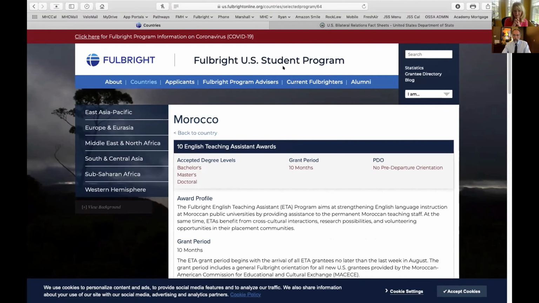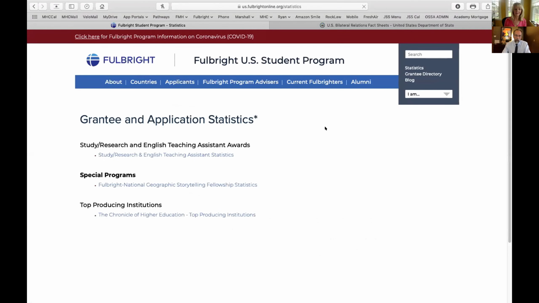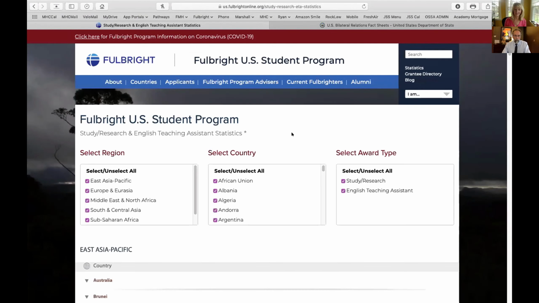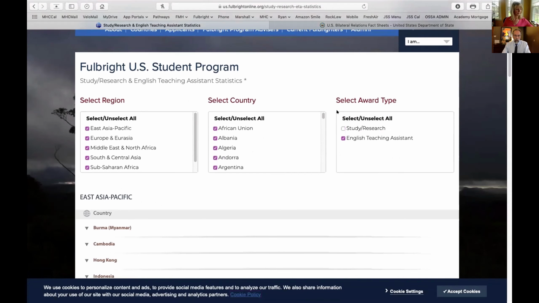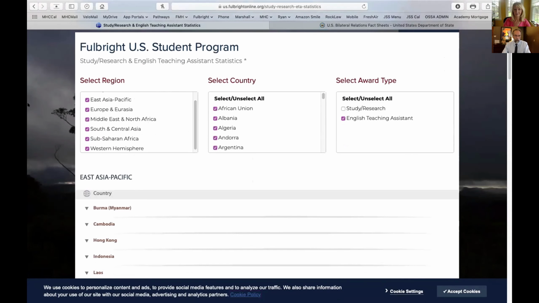Other places to visit on the U.S. student website to kind of, how do I shape my bid? Where should I be pointing my interest? Here in the statistics page, you can filter for ETA awards to some of these countries and get a sense of what countries have a good shot and which countries don't.